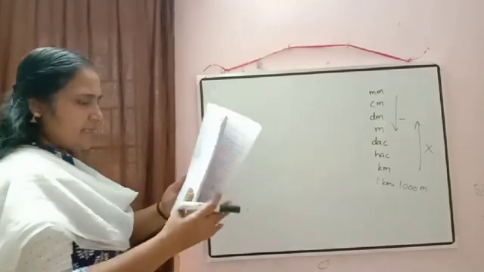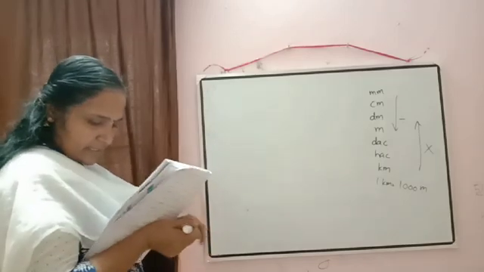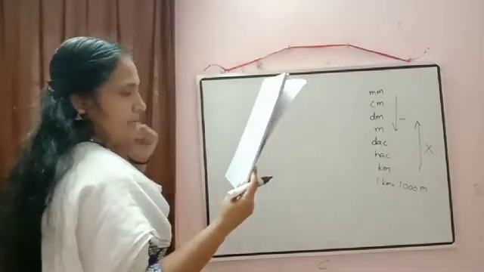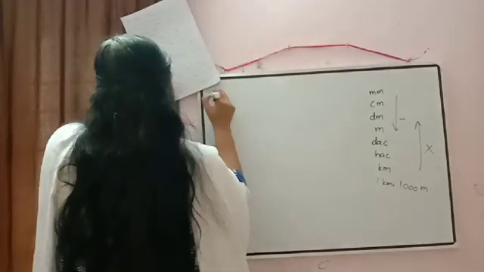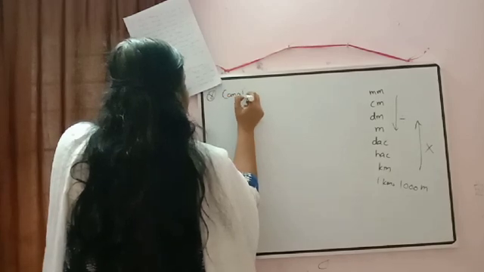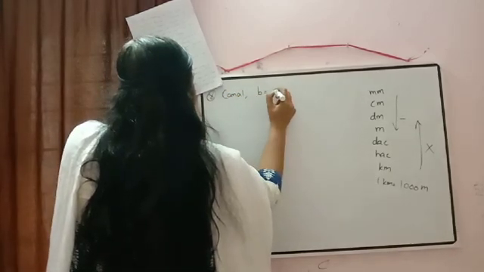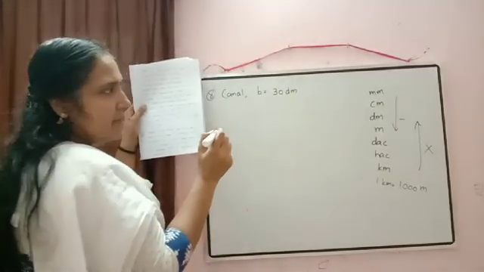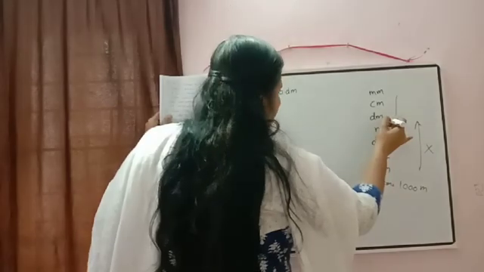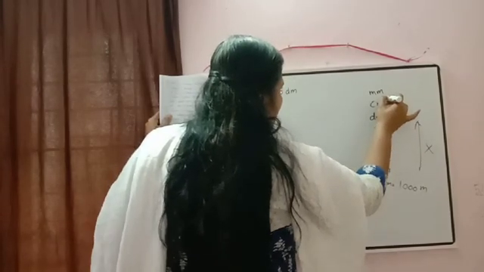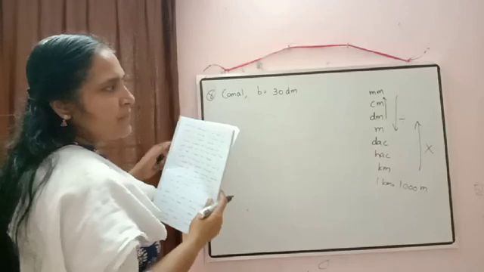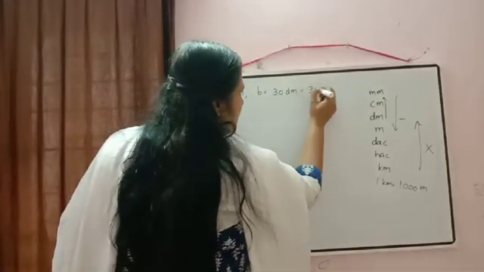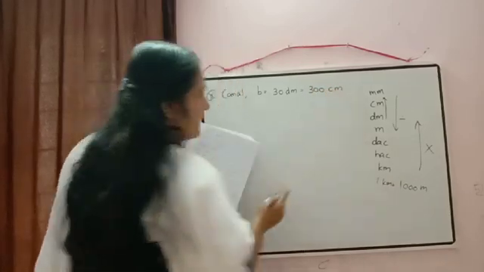Okay. Now here it is written, water in a canal 30 decimeter wide and 12 decimeter deep. So what is given for the canal? For the canal, width is given, correct? Breadth is equal to 30 decimeter. Everything can be converted into centimeter. Now if we have to convert decimeter into centimeter, what do we have to do? We have to go up, 1 step only. So it will be equal to 30 into 10, 300 centimeters.